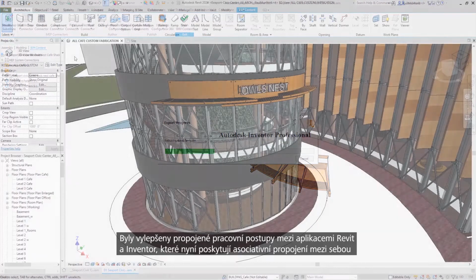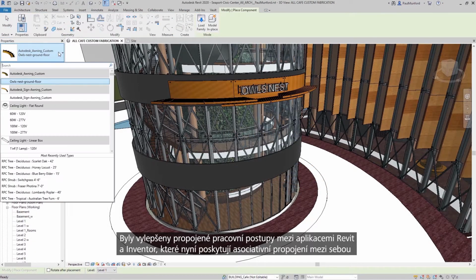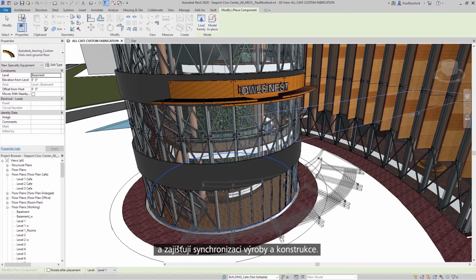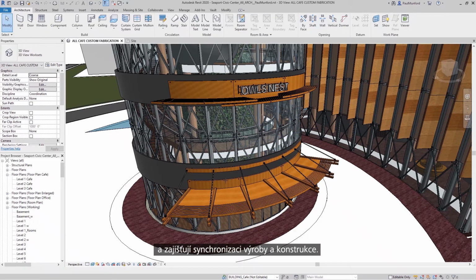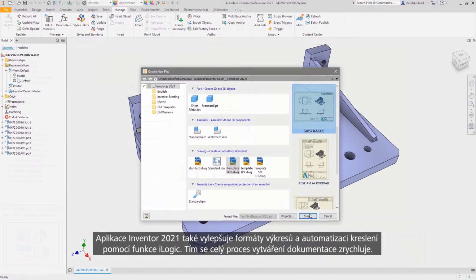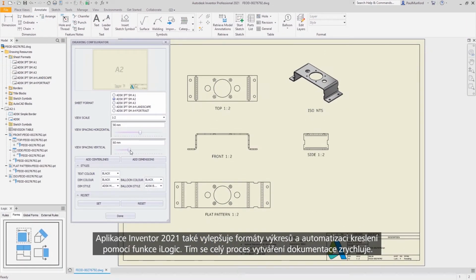Connected workflows between Revit and Inventor have been improved, providing an associative link between the two, ensuring manufacturing and construction are always in sync. Inventor 2021 also improves drawing sheet formats and drawing automation with iLogic to speed up the